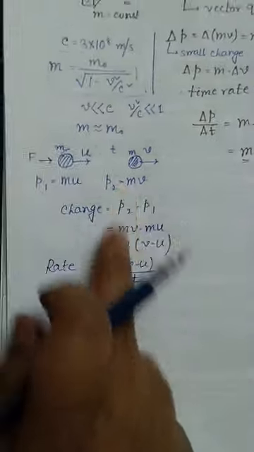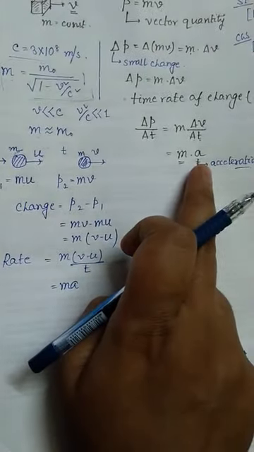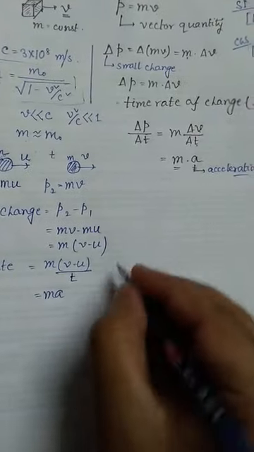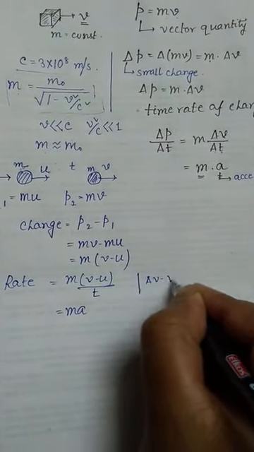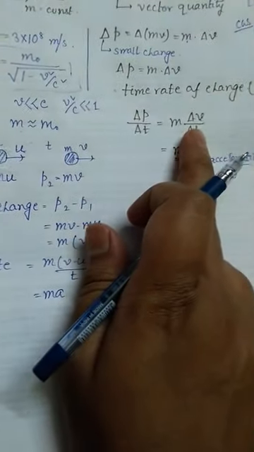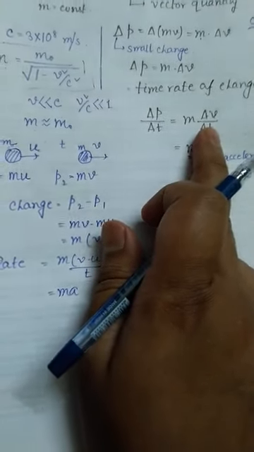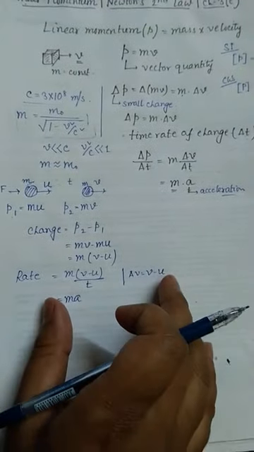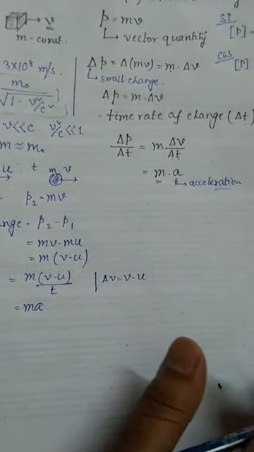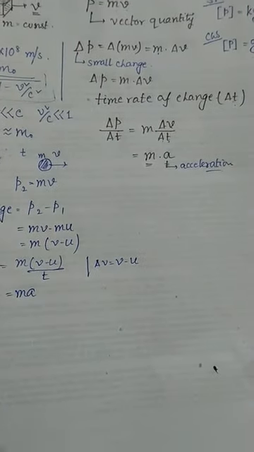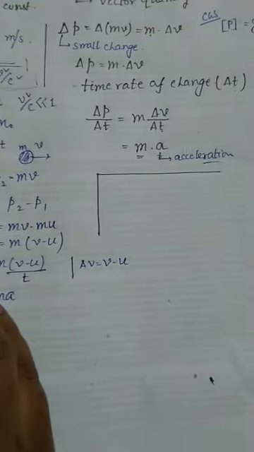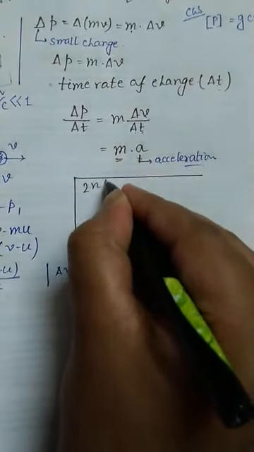So this is nothing but an alternative process of the same thing. Basically this is delta v equal to v minus u, a small change in velocity, as I have just told you. Is it okay? Up to this, okay? Now we shall go for the next topic, which is the original thing we wanted to do here, that is Newton's second law.